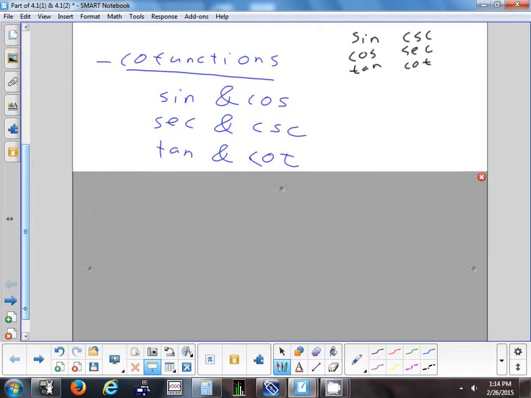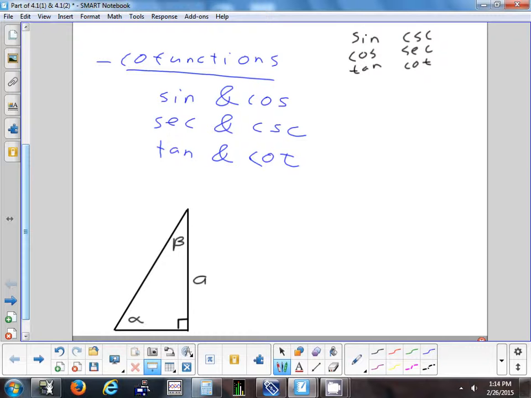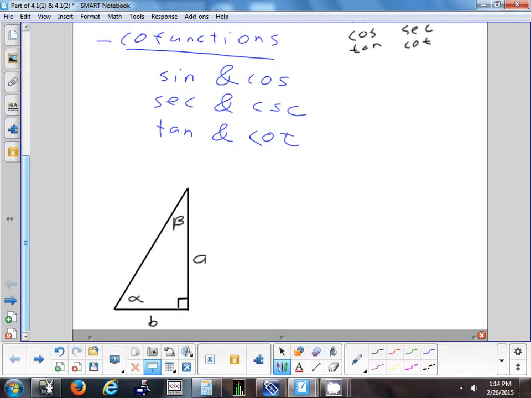Let's get a diagram. So here's a right triangle, and I've labeled all the sides A, B, C. Now we need a way to label the angles. Sometimes books use capital letters and lowercase letters to label angles. I don't like to use capital letters for angles and lowercase letters for sides. I think that gets confusing, because if you ask me a question like, well, what's B? Do you mean capital B or lowercase b? It leads to